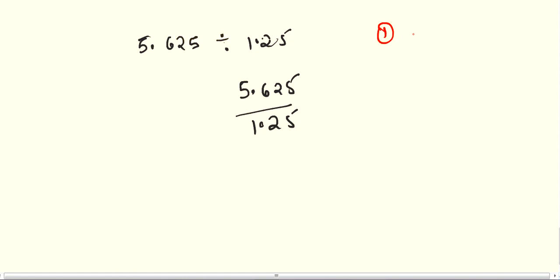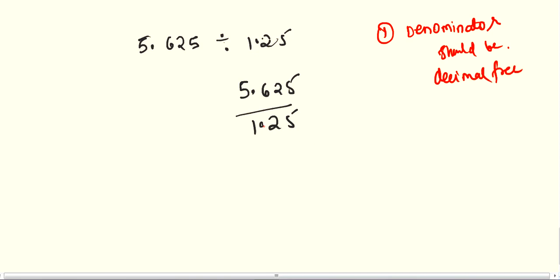Remember one thing, that your denominator should be decimal free. Decimal free means what? You have to remove this decimal. Clear? So how you can remove this? Simply, now in this question you are having 1.25 in denominator. After decimal you are having two places, so simply you have to multiply by 100 upon 100. Clear? So now you are multiplying by 100, so this will be like